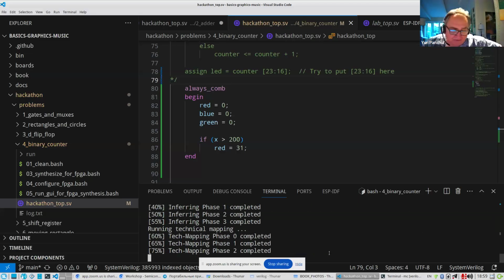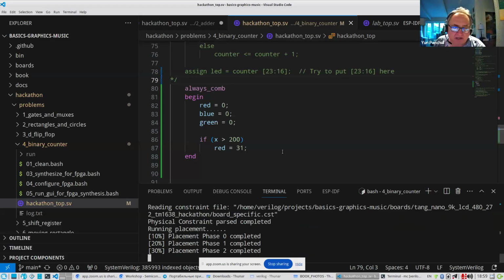So let's go to the Gowin Logic Viewer, and let's see what kind of schematics you're going to get from this code.